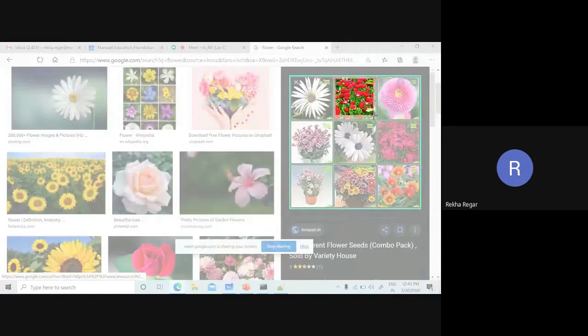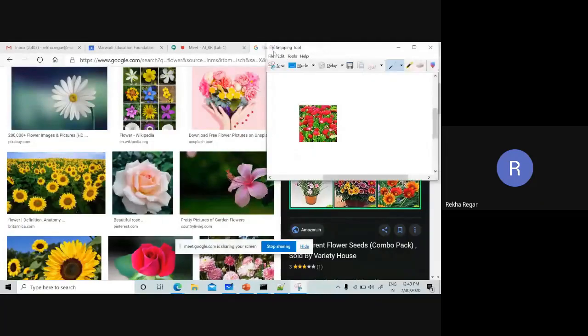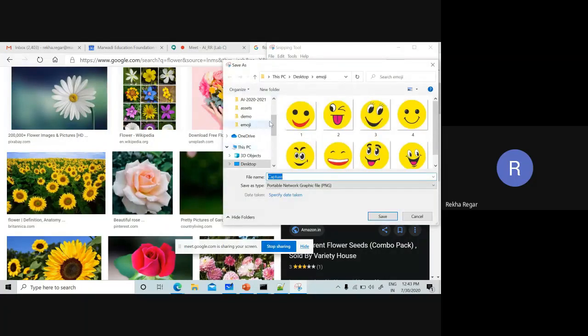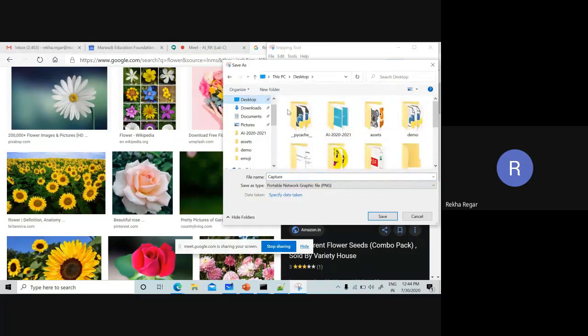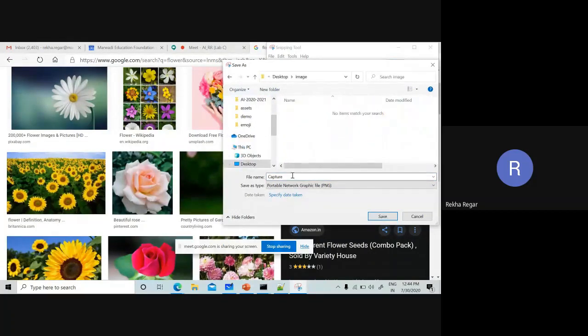You have to make sure that all images are of the same format. It means if you are going to use JPG, then all images must be JPG. If you are going to use images like PNG, then images must be PNG. The format must be the same for each and every image. So the folder on the desktop is image. In this folder, we are going to add all the images.